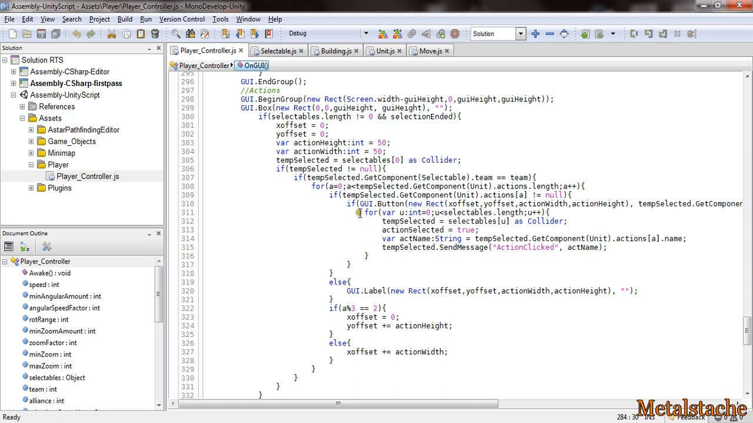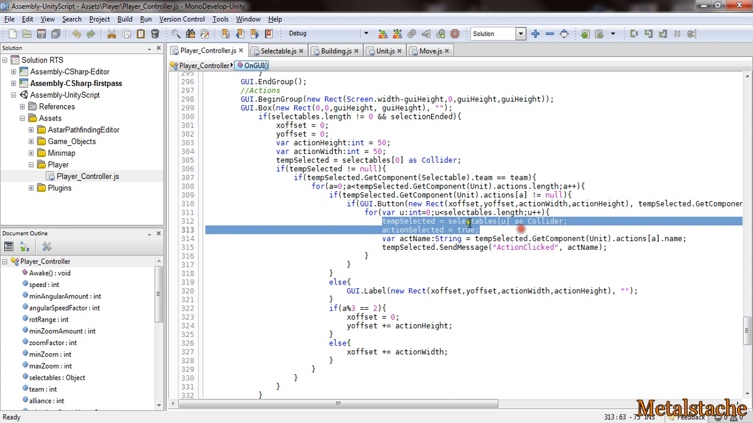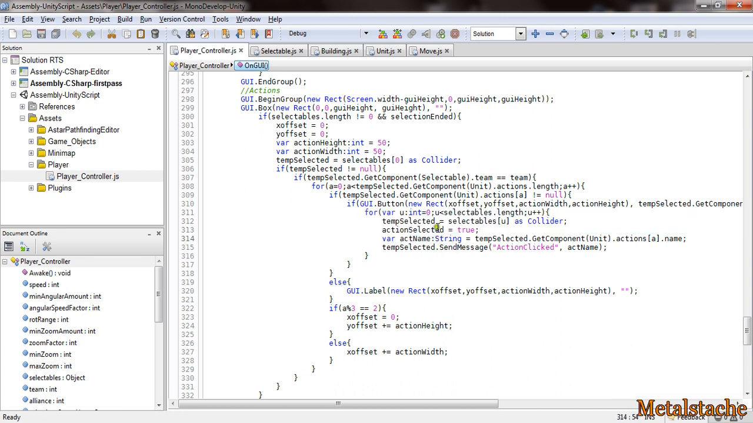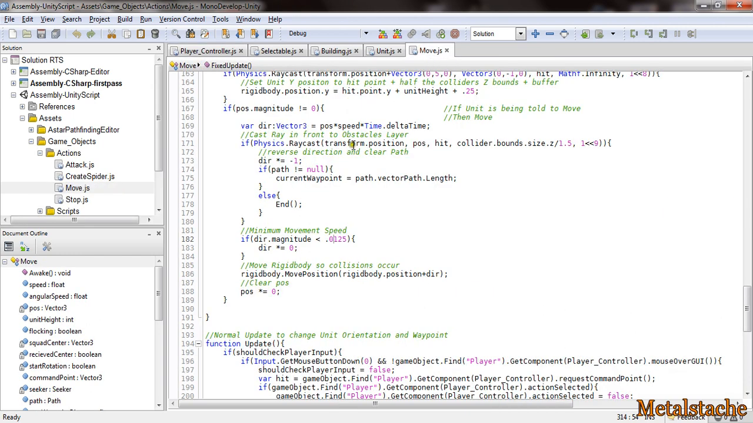So you have your GUI button here being drawn. I had to check for when the mouse button was down again, so that it wouldn't fire this all the time. I mean, it fires this once, so that it sends for every selected unit you have. It sets its action clicked function. It tells it that its action has been clicked. So like if I go over to the move script over here